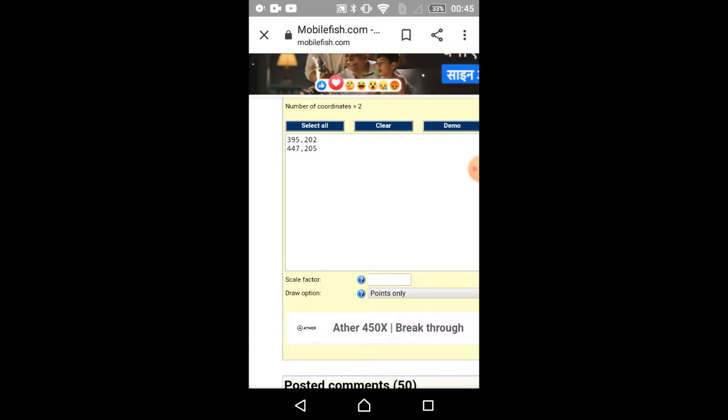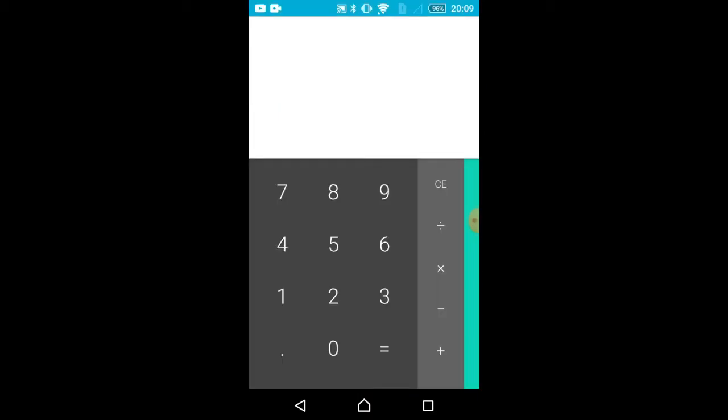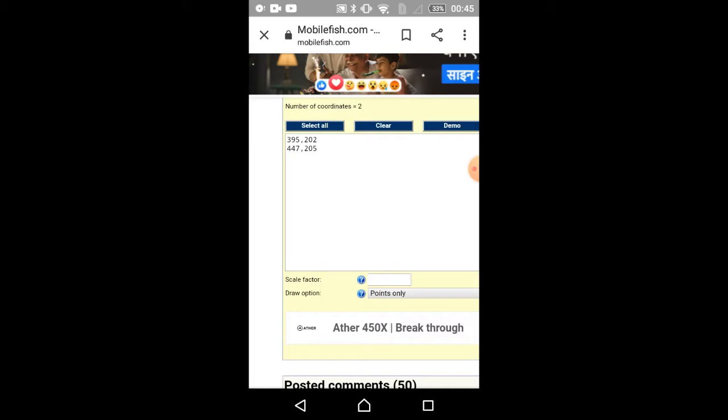So write 447 and then subtract the first x coordinate from it. The first coordinate is 395, so it comes to be 52. So our circle coordinates will be 395, 202 and 52.